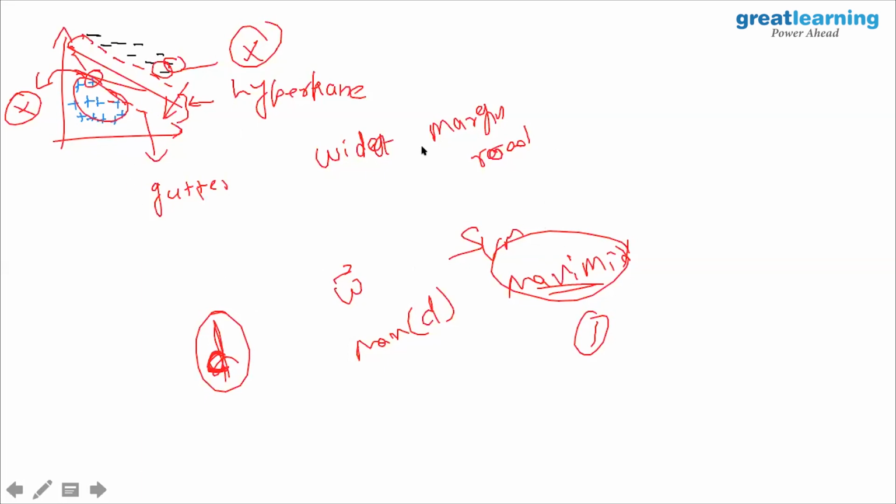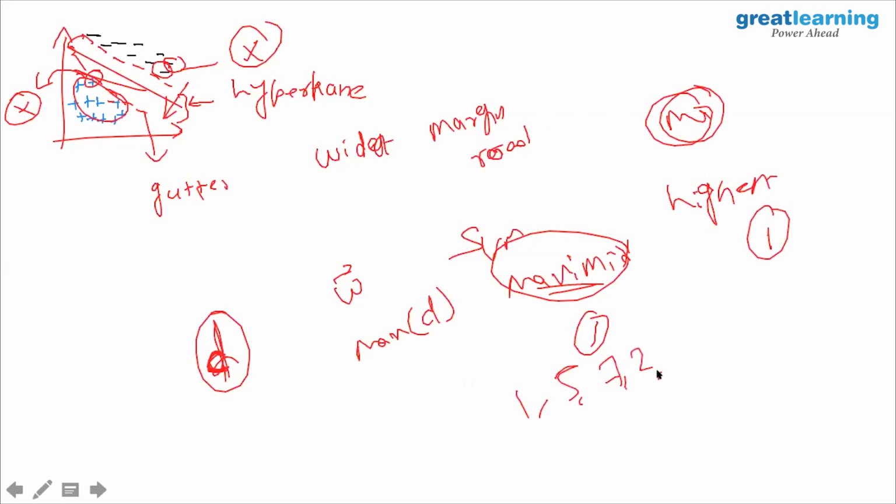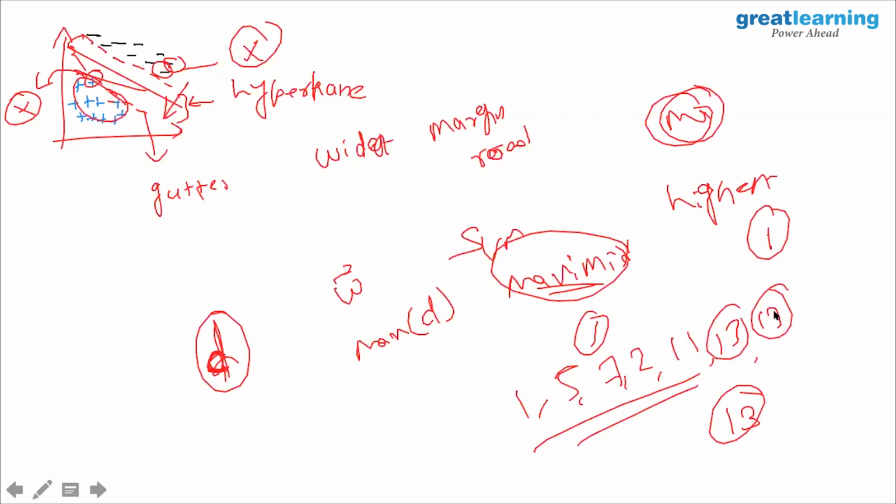Or if I take a max from any data set, it can only be one value. I can have multiple maximum values, but the highest can only be one, correct? So the highest value in a data set can only be one. Let's say 1, 5, 7, 2, 11, 13. Now if I compute the max in this, it can only be one value. True. Agreed, there can be more than one occurrence of the max, but generally if I compute it, I can only find one max value.